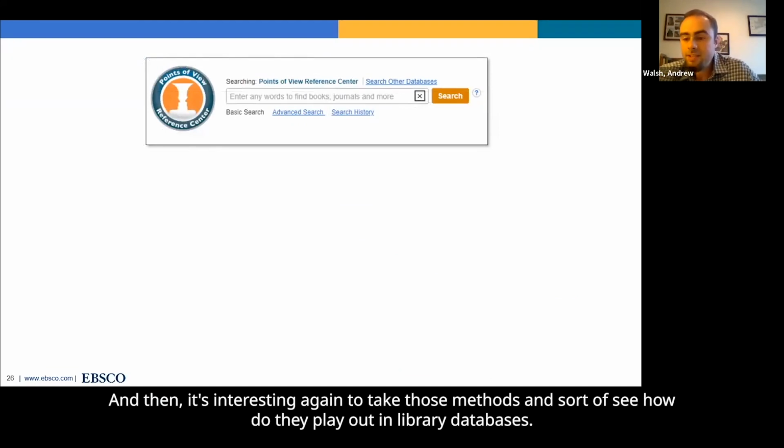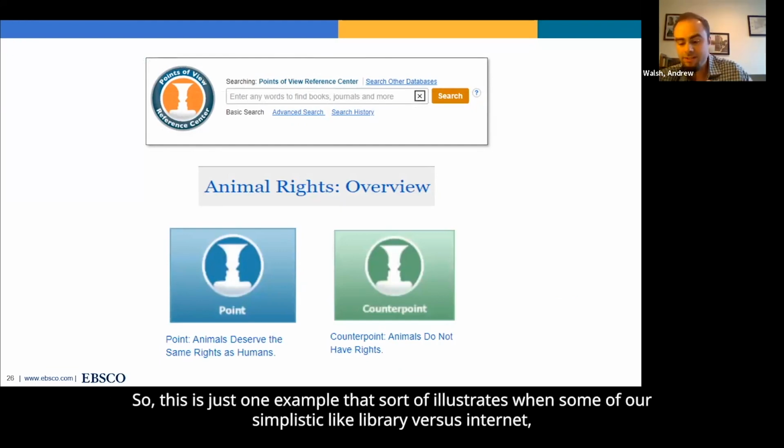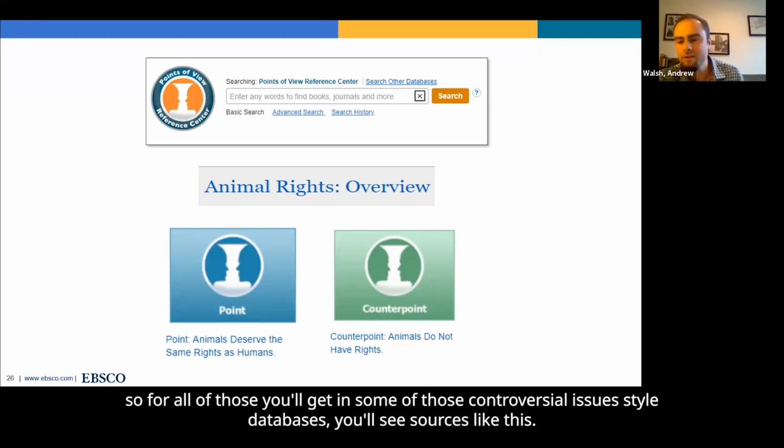And then it's interesting, again, to take those methods and sort of see how do they play out in library databases. So this is just one example that sort of illustrates when some of our simplistic, like library versus internet, good versus bad source distinctions sort of fall apart. So say you have an English class doing an argument essay, picking controversial topics. So for all of those, you'll get